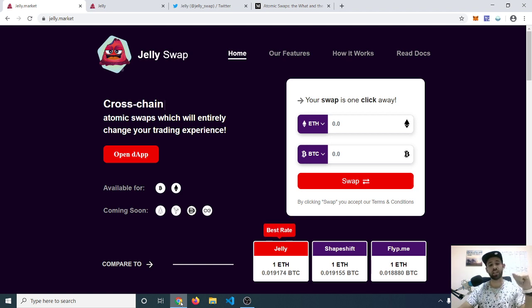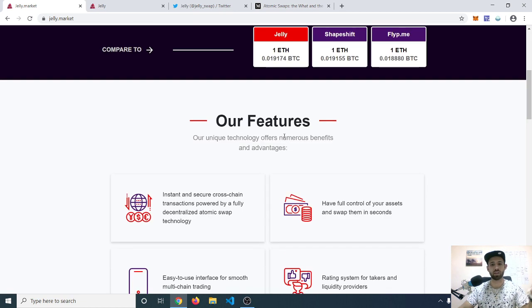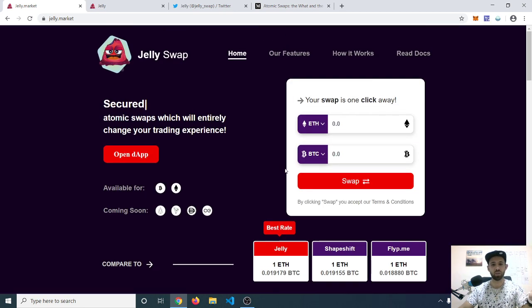Hello guys, my name is Tito and I'm the CEO of JellySwap, and today I want to show you how the app works and what Jelly is about. So Jelly is a cross-chain atomic swap widget. Sounds hard, but basically it's a protocol that allows you to exchange cryptocurrencies from one blockchain to another in a completely